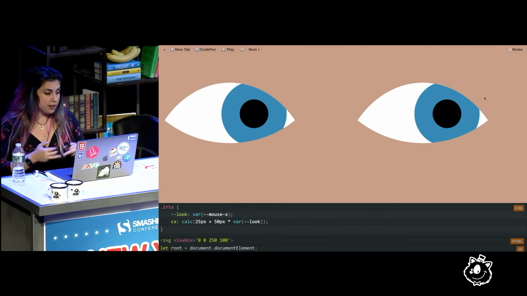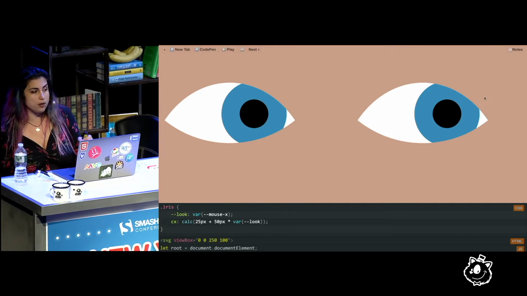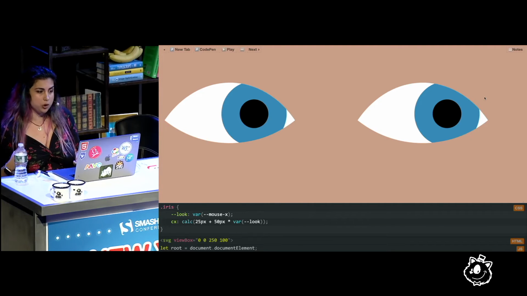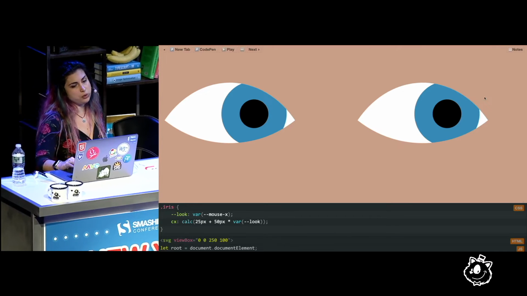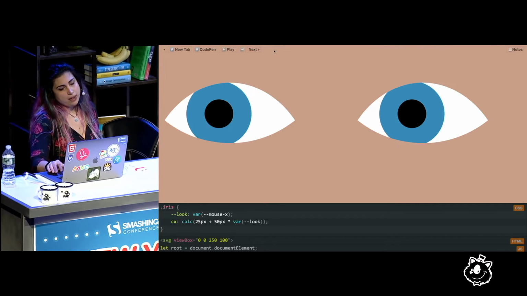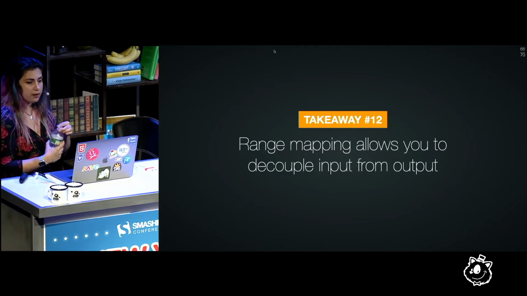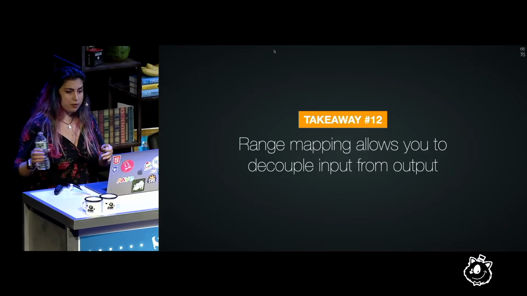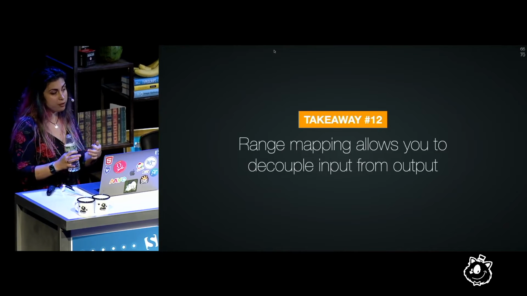And the SVG, like the CX declaration that is set to look, didn't need to know about the code setting the mouse X and mouse Y variables. And we just connect them through custom properties. So there's another takeaway, that mapping one range to another range also allows you to decouple input from output, which can be very useful for having maintainable code.